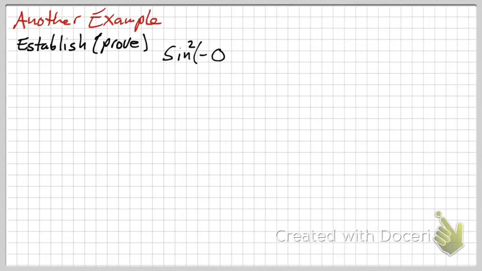And this one is pretty rudimentary. Usually your textbook says, okay, let's establish this. And usually it means just prove. Now this one's a little bit simple, but it has two points that I want to make. The first point I want to make, and we talked about this in class today, is this sine squared. That's literally like saying